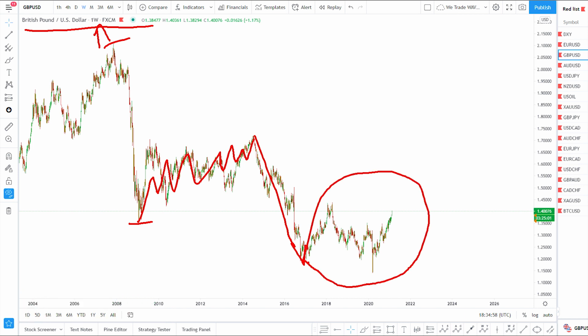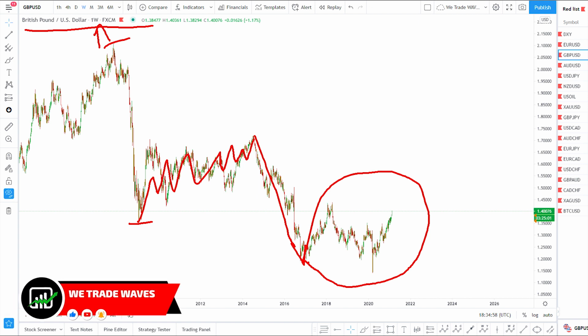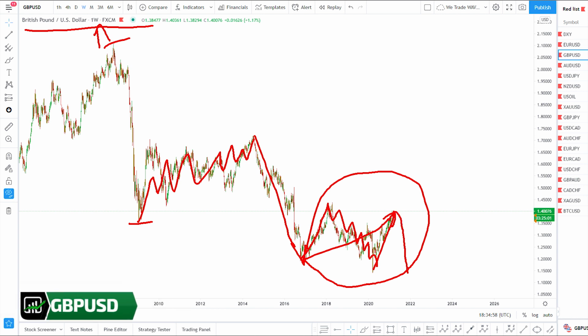I'm not supposed to share this knowledge with you guys, but because most of you are liking and commenting, we have decided to give you more knowledge. For us, this is an up wave. This is a corrective structure, and now we are going up. All of this structure from here to here is a corrective wave to us. After the completion of this corrective structure, we will be getting another down wave, probably to break this low one